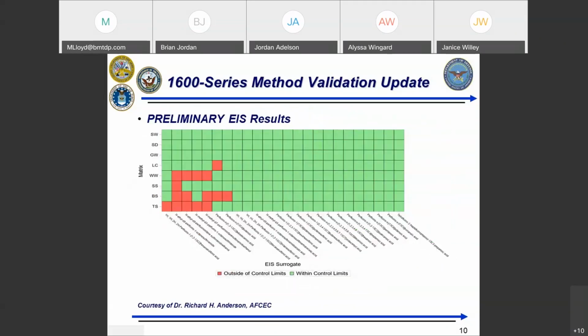Obviously, when using isotope dilution quantitation, you have to also evaluate the recovery of the extracted internal standards, or EISs. This heat map shows the mean EIS recoveries for all samples as compared to the acceptance criteria of 50 to 150% recovery. As you can see, the mean recoveries for all EISs were within the criteria for surface water, sediment, and groundwater, and only one analyte exceeded limits for soil and landfill leachates. As expected, most of the exceedances correlated with the exceedances documented in the matrix spike data.